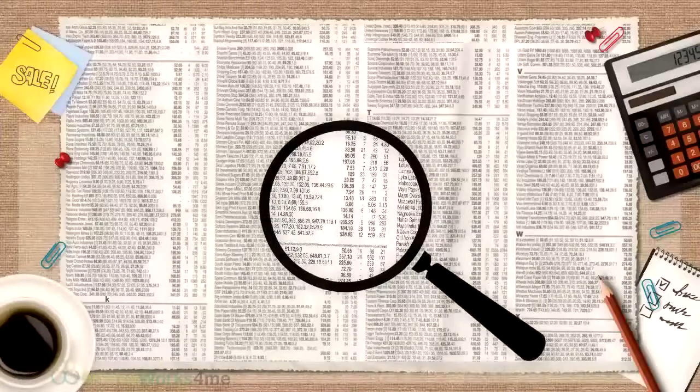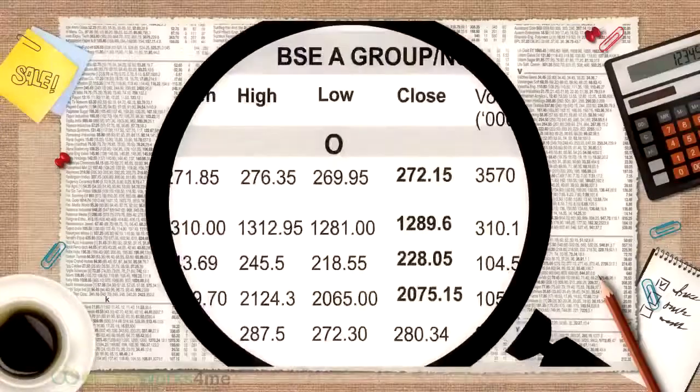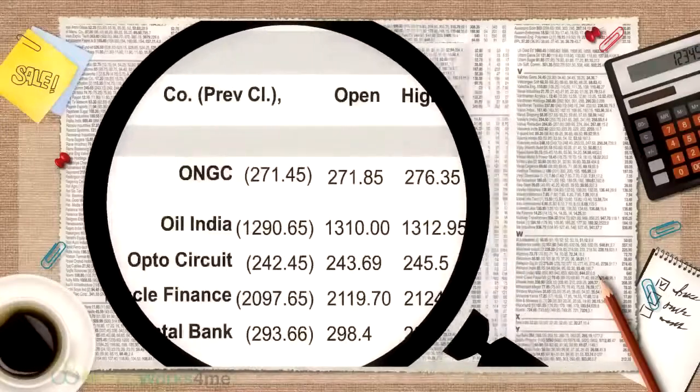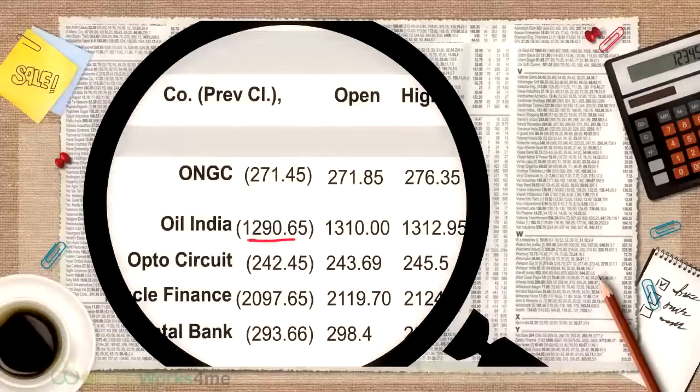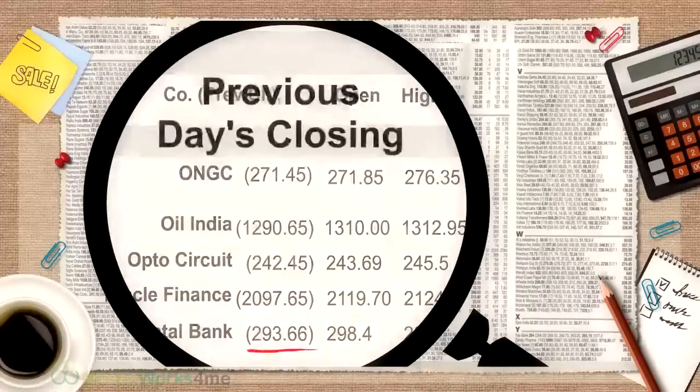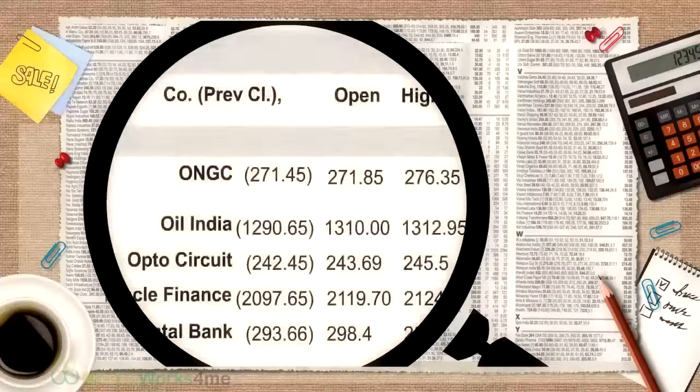You will find your company's stock in a table that may look like this. The company's name will appear on the left. In this case, it is ONGC. The figure appearing in brackets after the name is the previous day's closing or last traded price. In this case, it is Rs